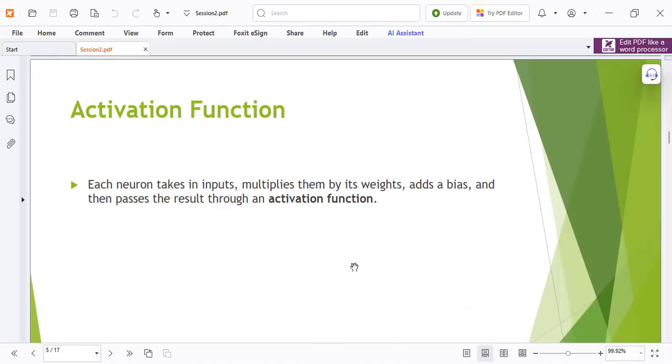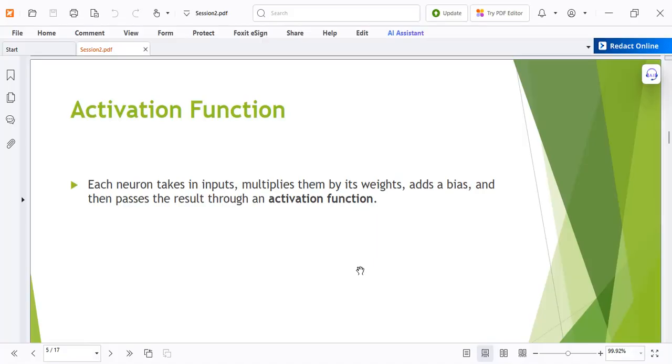We already talked about the activation function, but I'm gonna give you more detail. So each neuron takes an input and multiplies by some weights and bias, and then passes it through an activation function.